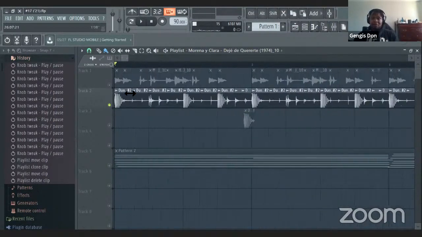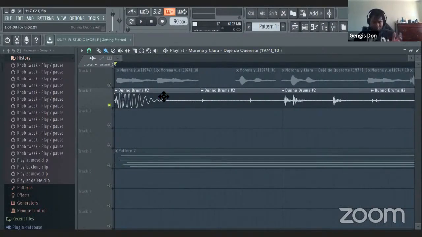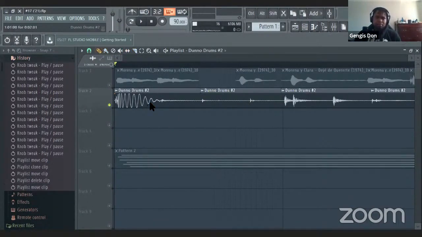The first thing I did was use the drums. For the drums, all I did was the same thing I've been doing with the Edison, except sometimes the drums don't line up exactly. So you just go in and you just cut certain parts out of it. I'll show you how I did it.